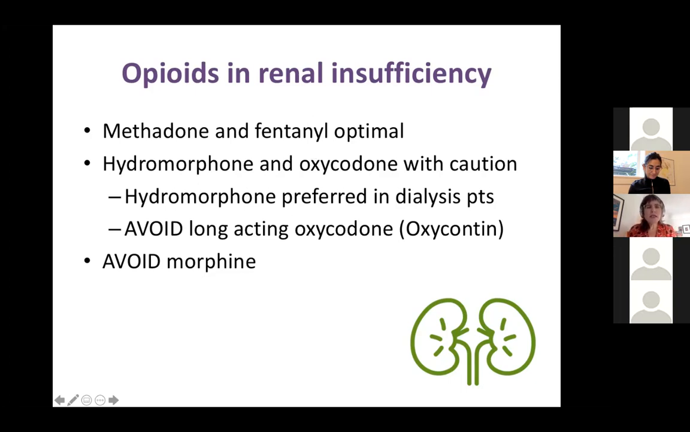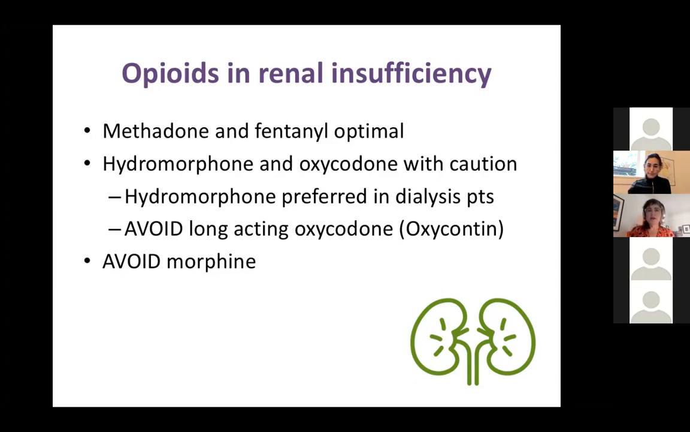So going back to opioids and renal insufficiency, methadone and fentanyl are actually the textbook optimal opioids in renal insufficiency. That is a little bit of a bummer because methadone is really long acting and not helpful in acute pain, and fentanyl only comes in short acting and in a long acting patch and in a lollipop, which costs $10 and just got taken off our formulary. Luckily,